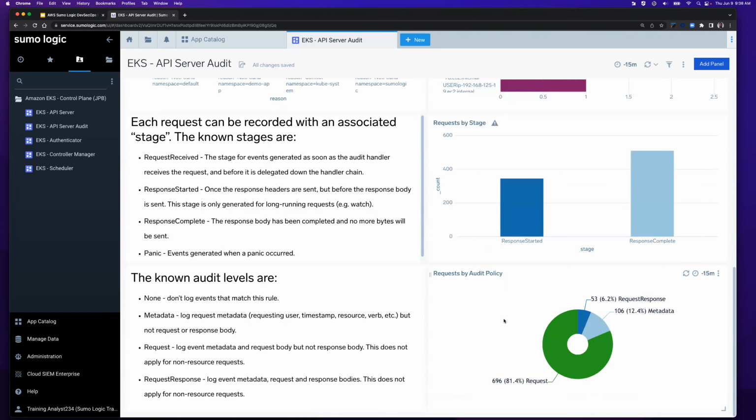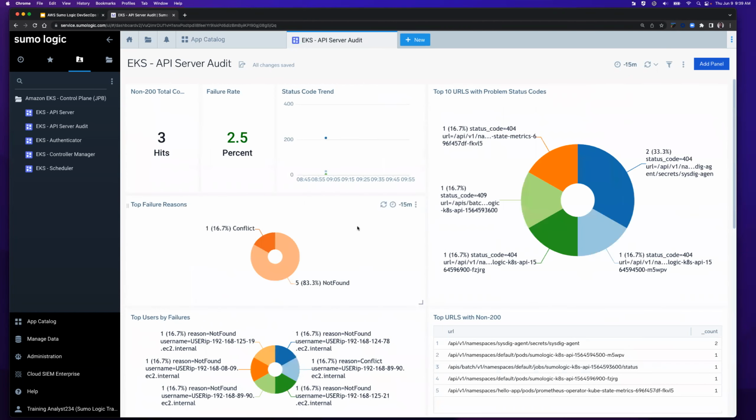Failures, and I don't want to just read these panels to you, but we're starting to see all this information. And what we can start to do is, as it says, the dashboard's pretty big, we can start to decide how high is the failure rate. So here's the failure rate, 2.5%. Is that bad? Is that good? Well, at least it's giving us a value to start to make that decision. Is it trending higher? Well, we can't really tell here, to be honest. But what we do see are the status code trends. And so we start to see that there are some other status codes occurring. Here are 200s that we want, but we have 201s, we have 404s, and so we have those other status codes.